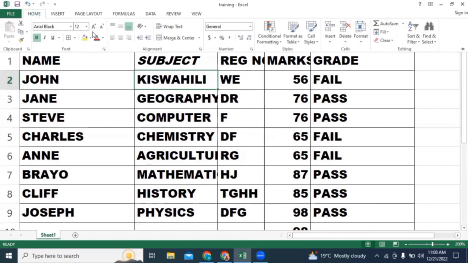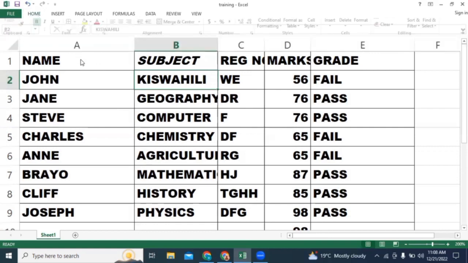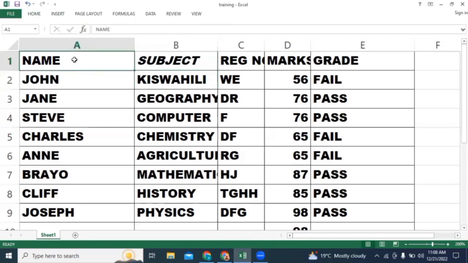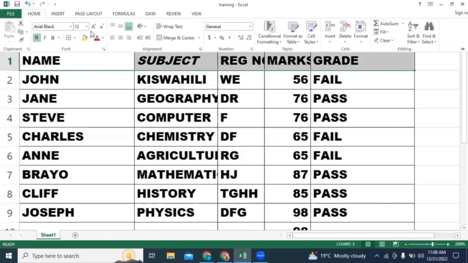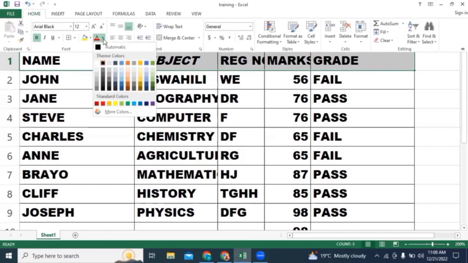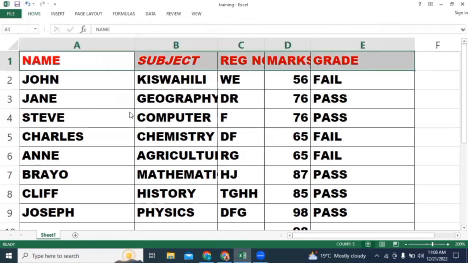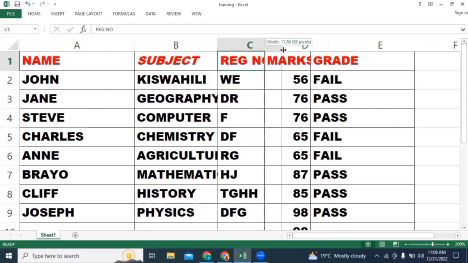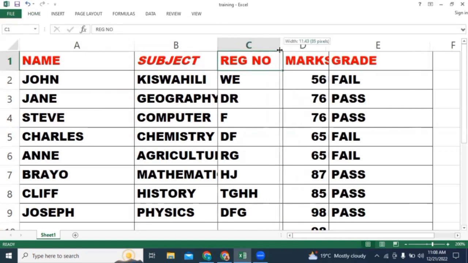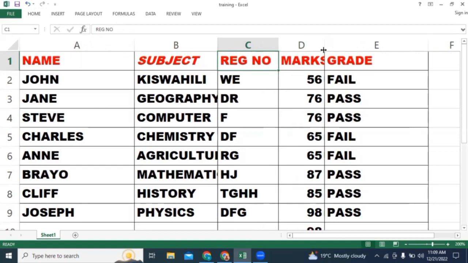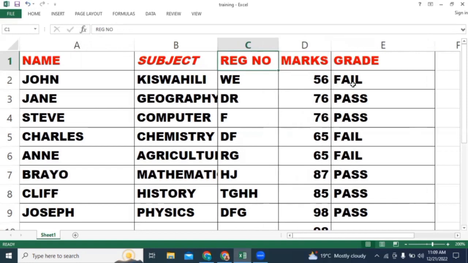So let's, for instance, change the color of the titles. Let's put the color to be red. Okay. And also you can always expand this so that it can fit in your cell. Okay. So having done that,